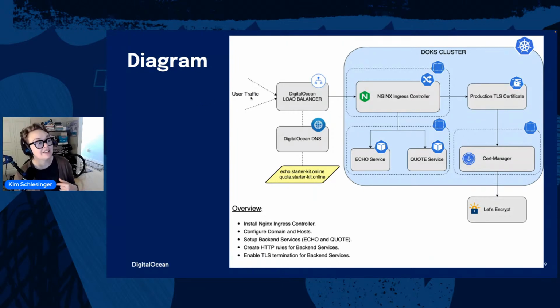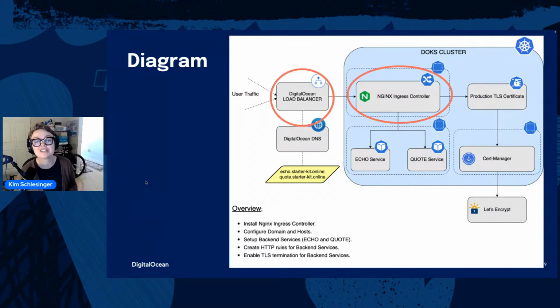But basically, I think the important parts right now are this very opening part on the left side of the diagram that says user traffic. And then this blue block here says DOKS, that's DigitalOcean Kubernetes Service cluster. And then we have all these things running in the cluster. And then outside of the cluster, we have a load balancer. We have to do something with DigitalOcean DNS. And then we have Let's Encrypt. So we're going to be installing NGINX in the cluster. We're going to be installing cert-manager. We're going to be installing one of these applications, the quote service. And then we're going to be interacting with these things outside of the cluster. And so let's talk about step by step what we're going to be doing.